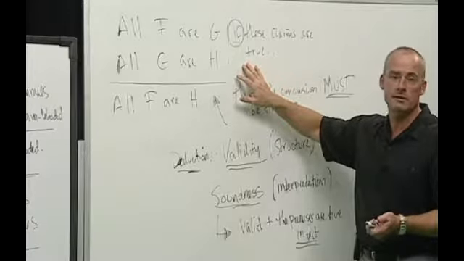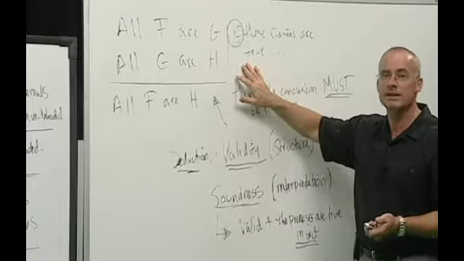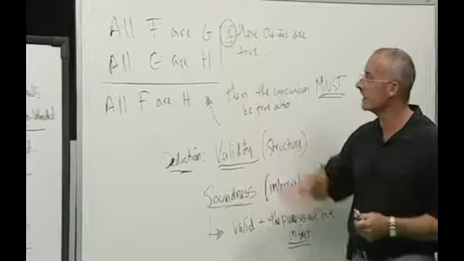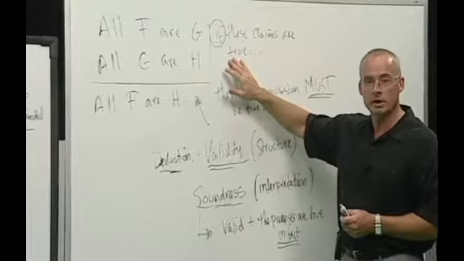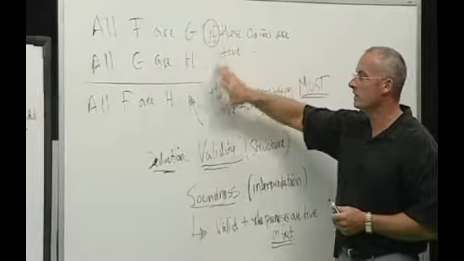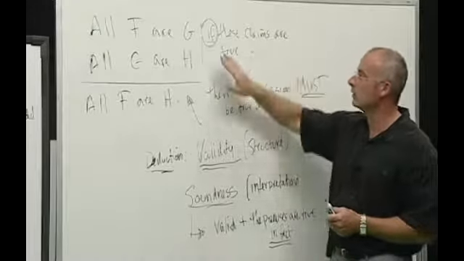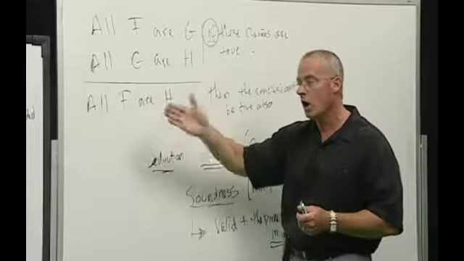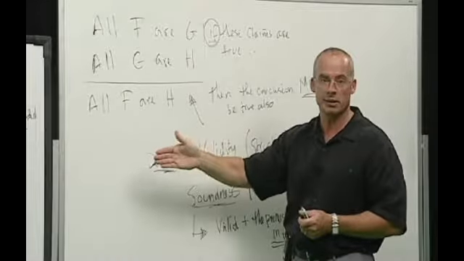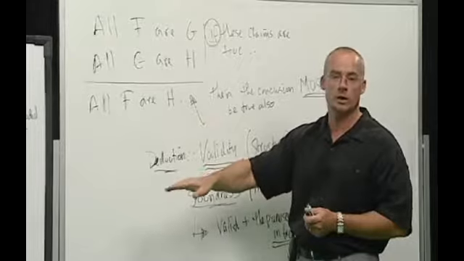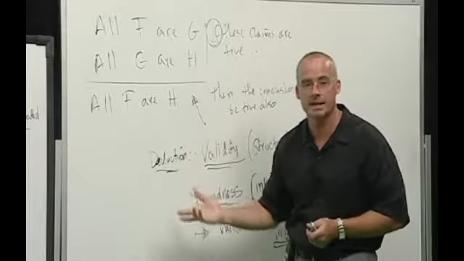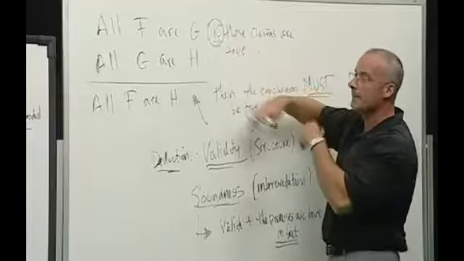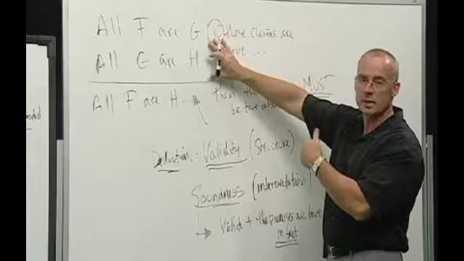If the moon were made of green cheese, then I could eat it. I'm not saying that the moon is made of green cheese, right? I'm creating this kind of hypothetical scenario. Well, the same is true when we deal with validity. We ask in the abstract, well, if these were true, if all squares are triangles, and if all triangles are rectangles, would it follow that all squares are rectangles? And the answer is yes. So for validity, we're dealing with this hypothetical case of the premises being true.